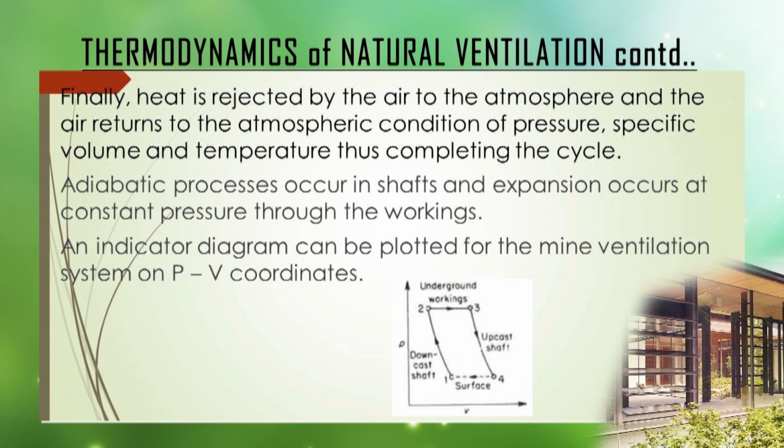Adiabatic processes occur in shafts, and expansion occurs at constant pressure through the workings, as it can be seen by the PV diagram. This diagram is an indicator diagram, and the mine ventilation system should work according to such a diagram